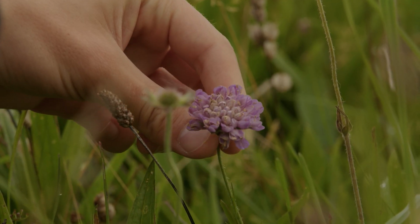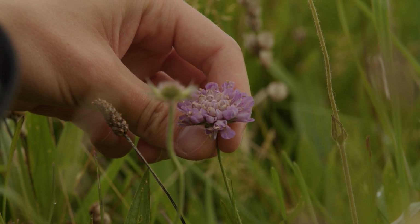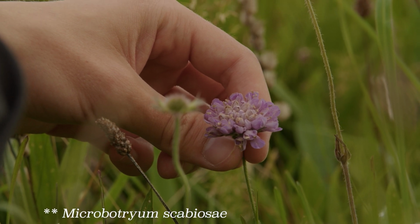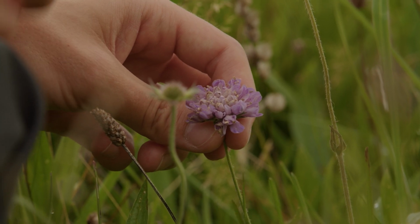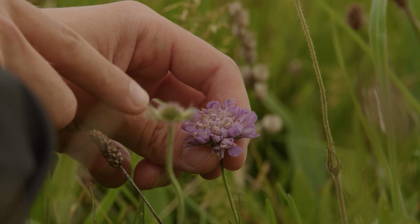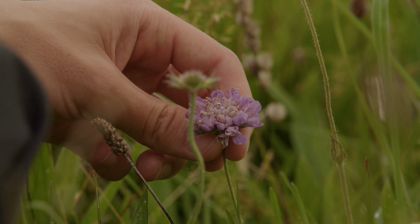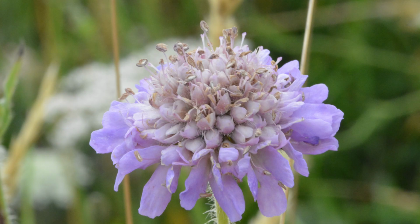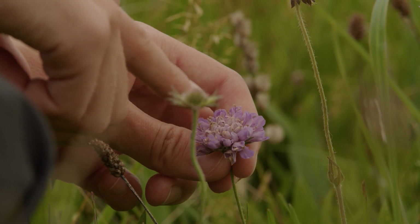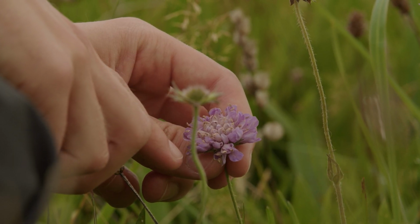So this is field scabious again, but this one is infected by a fungus called Microbotryum. I actually can't remember which one this is, but it's a Microbotryum, which are smut fungi, which comes from an old word for dirt. So they infect the whole plant again, a bit like the peronospora that infect the flowers of sea mayweed, but instead of forming little conidiophores, they alter the development of the anthers, which are the parts of the flower that produce pollen, so that instead of producing pollen, they produce spores of the fungus. And then when pollinators visit the flowers,